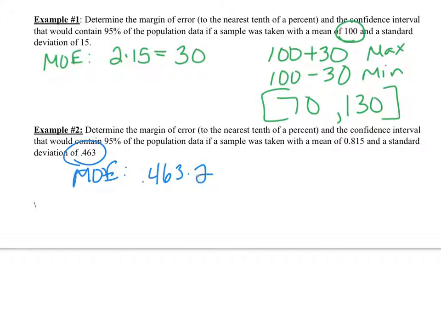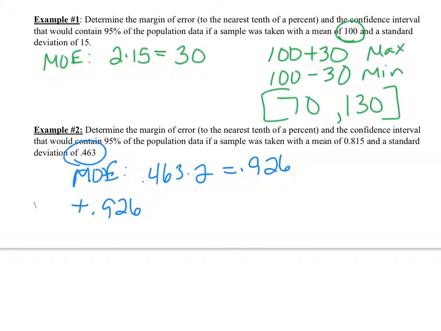0.463 times 2. So that would be 0.926. And then we add to figure out what the entire population would fall in between, or at least the mean would fall in between. And that would be